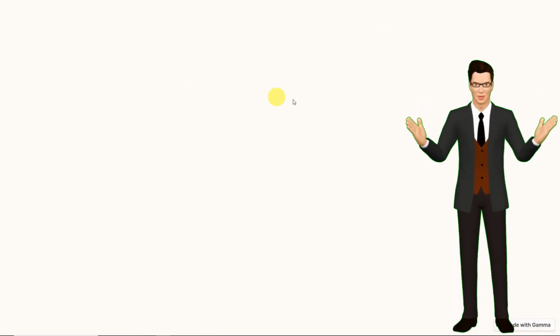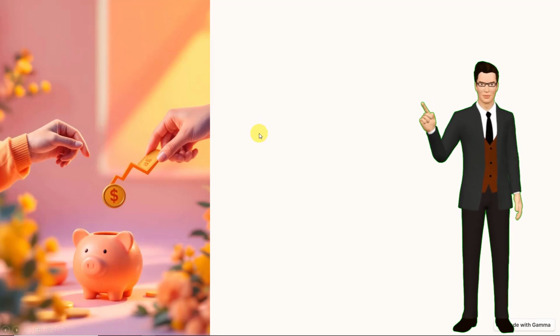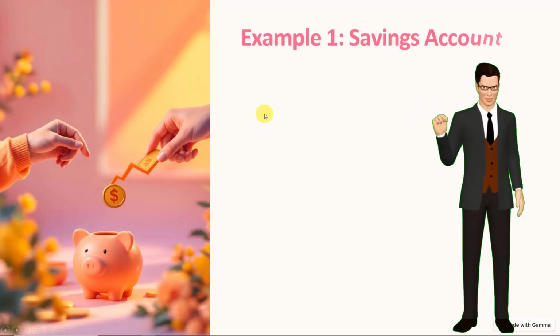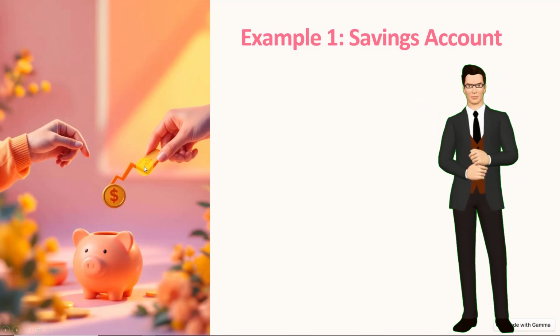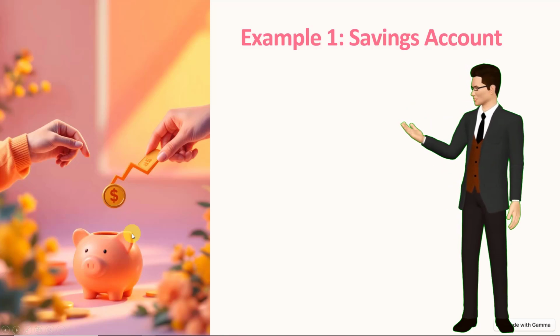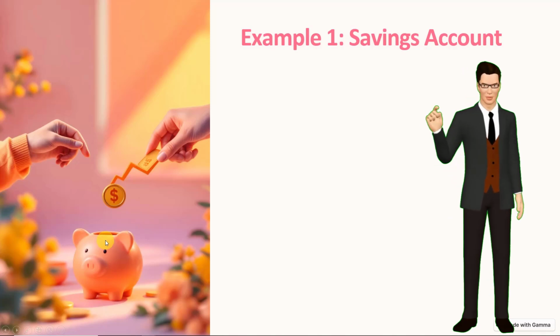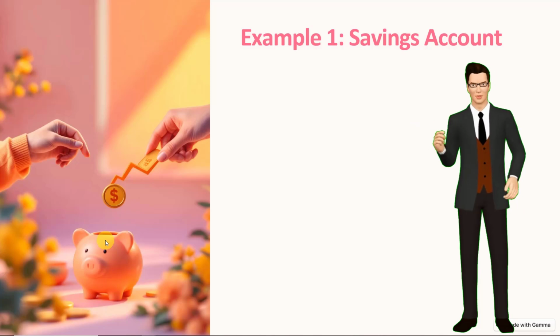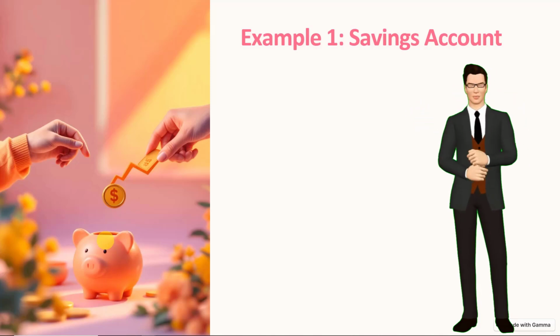Okay, let's go and look at an example. Yeah, little piggy bank, huh? Guys, you won't believe this. That's where it all starts. If you are disciplined from a very, very young age, when you have some money, you put it inside the piggy bank. When the piggy bank is full, you go and deposit it into the bank. If you start doing this from a very young age, guys, you'll be surprised how much money you can save by the time you leave school. Anyhow,